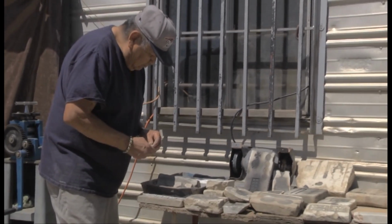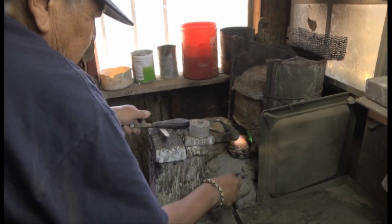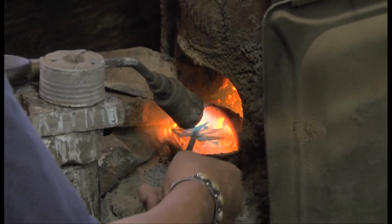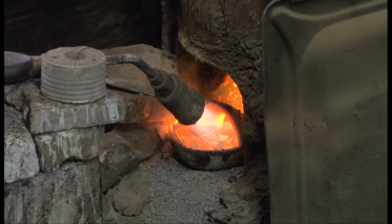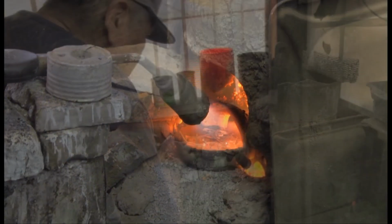Wilson and Carol Begay are among the few traditional Navajo jewelers who use the tufa casting technique passed down through their families for over a century. Wilson has many tufa castings that he has carved to cast jewelry. After picking the one he wants, the next order of the day is to melt silver, which he does using